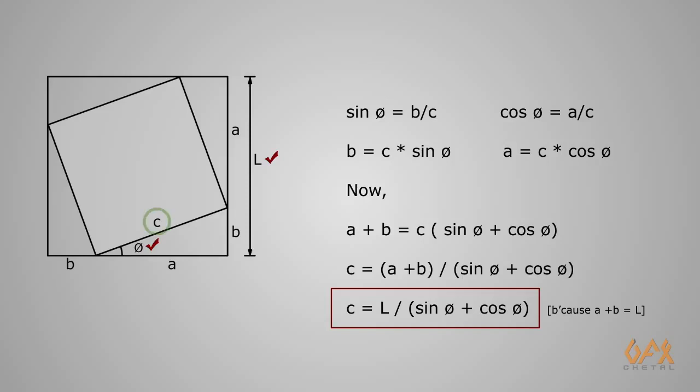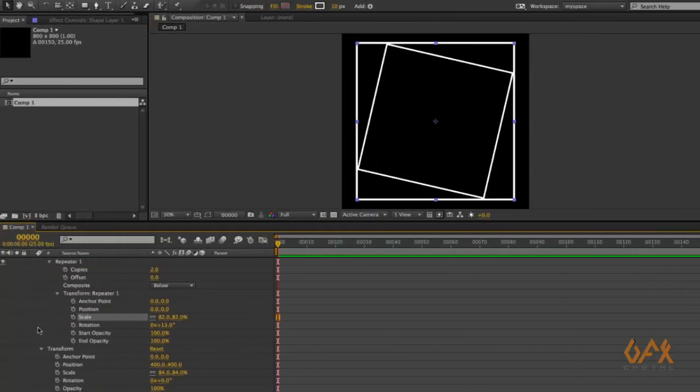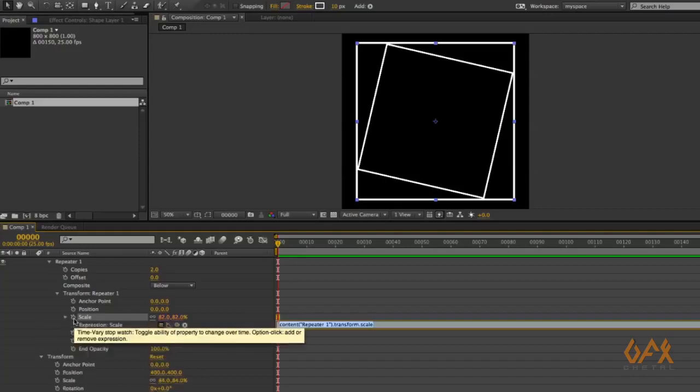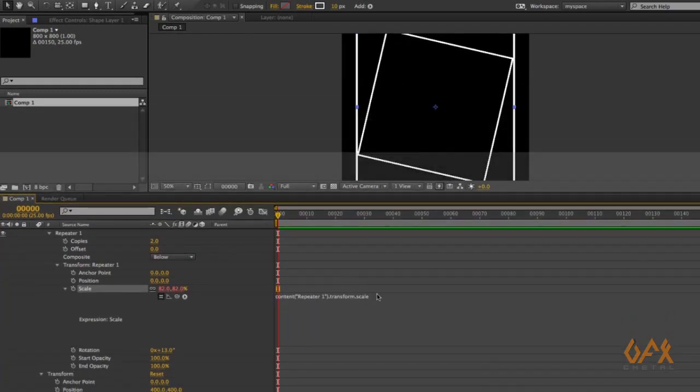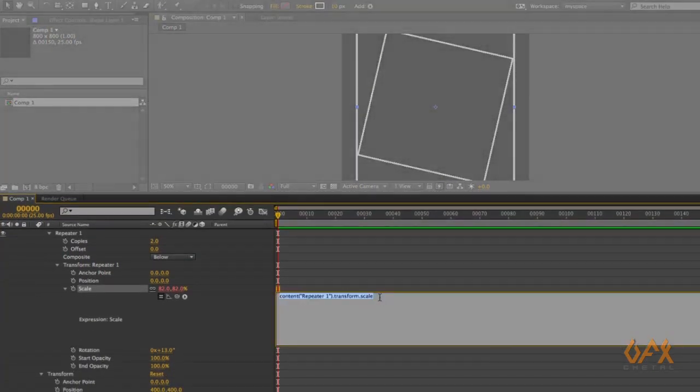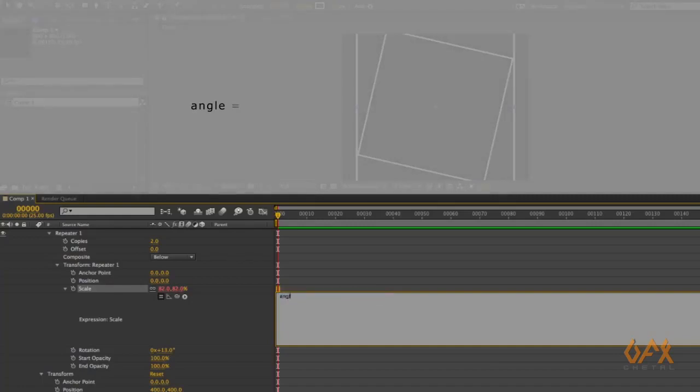Okay, so we apply this logic in an After Effects expression. To add an expression on any property, just press Alt and click on the stopwatch. So here I create one variable called angle is equal to this one.